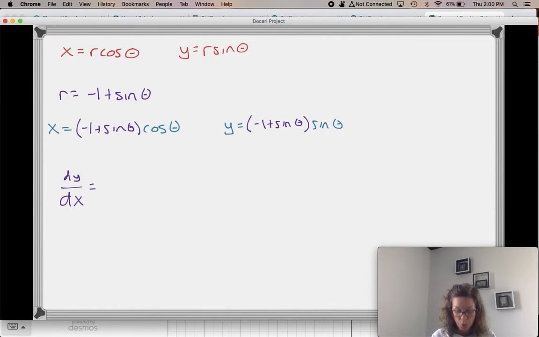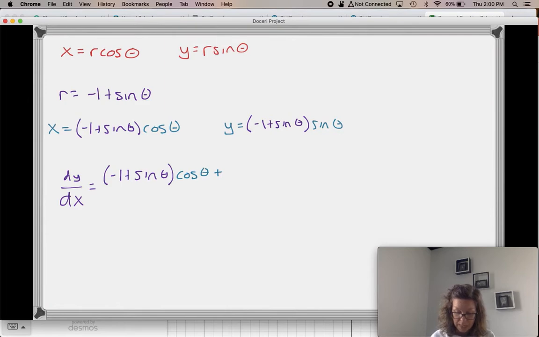In our product rule, I'm going to go first, so -1 plus sine of theta, first, d second. I'm working with the y one right now, right, because the top is dy. The derivative of sine is cosine. This is the first part of the product rule, the derivative of that y. So looking at the y equation, product rule: first, purple, d second, derivative of blue,